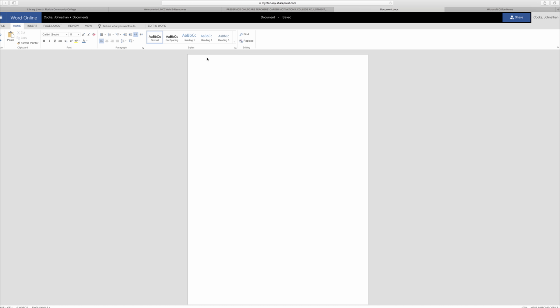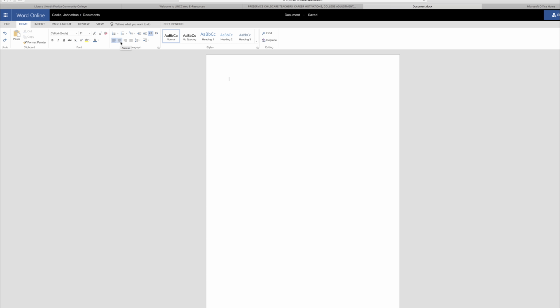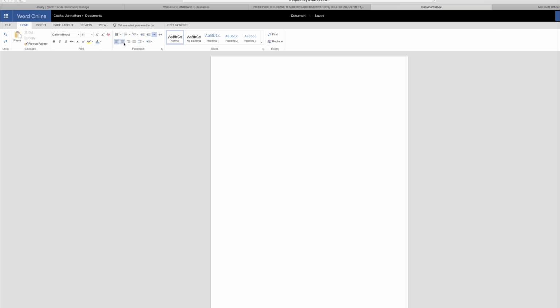We suggest that you start building your Works Cited page or your reference page at the beginning of your research and not wait until the end of your research. We are going to format this particular page using MLA. Center, type Works Cited, enter, take your cursor to the left,